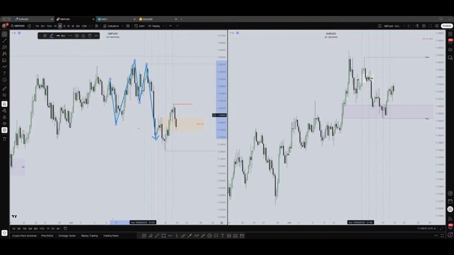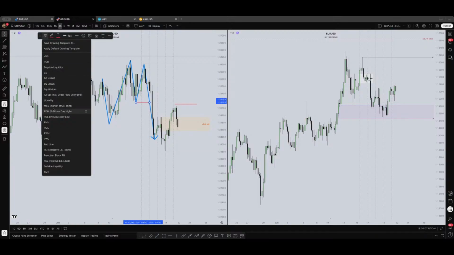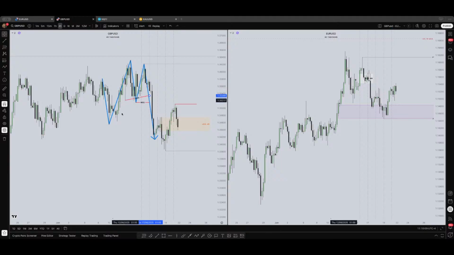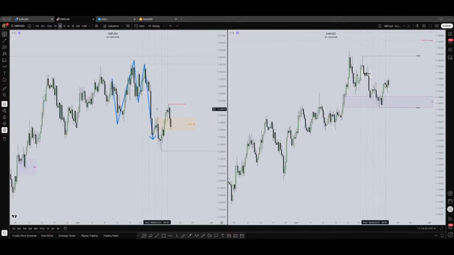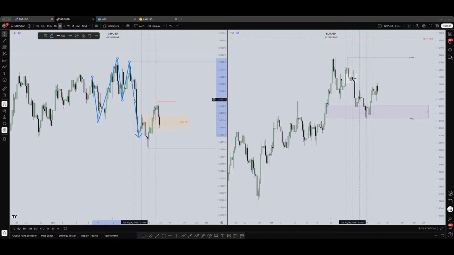So we have two market structure shifts, one here, and the one who confirms this, you know. So that's why I'm thinking a bearish scenario. So yeah, I'm expecting hopefully price come here, take this high,